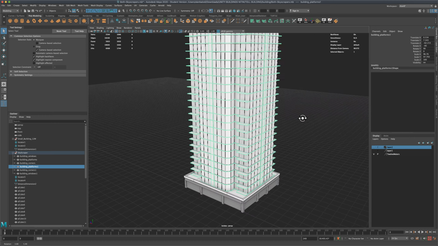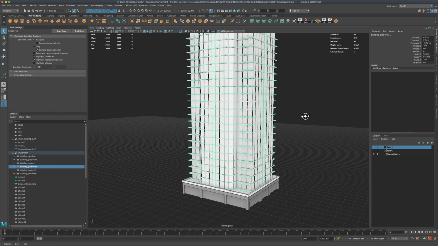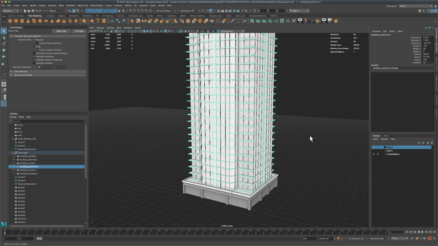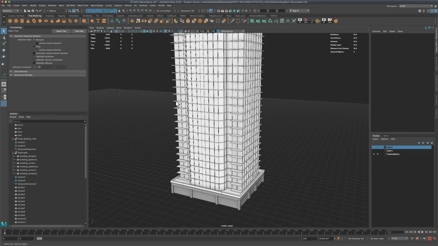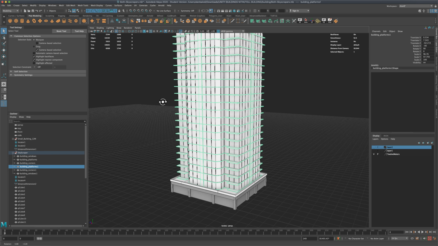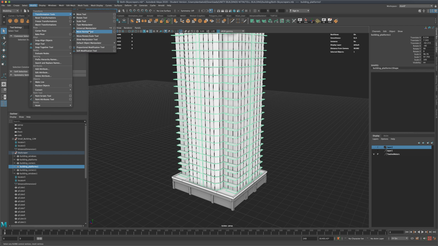Hey guys, in this video, I'm in Maya 2020. Let's see how we can inflate geometry in our scene. For example, I have this building here, and what I would like to do is inflate all of these cement floors. To do that, I'm going to go to Modify, Transformation Tools, and then click